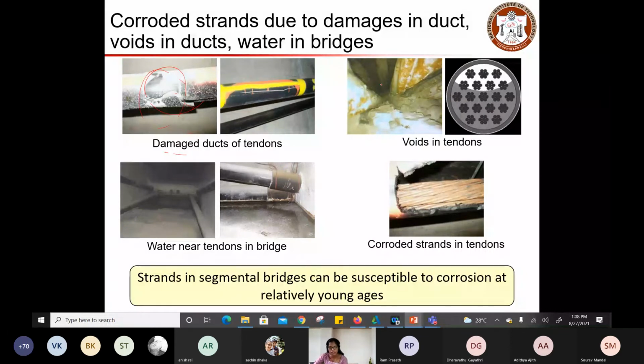And then the spacing between the duct and the strands. If there are voids in between, that will lead to accumulation of moisture, and then your strand will experience corrosion. Similarly, if you have joints, especially expansion joints, and water enters through them, that will lead to water accumulation there. So you need to ensure that you are providing a proper drainage system so that you will not observe such water accumulation. If these systems don't work and fail, you will observe moisture increase and your strand will corrode eventually at a very early stage itself.